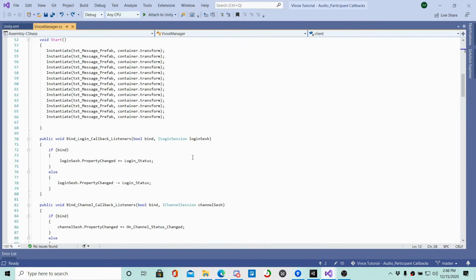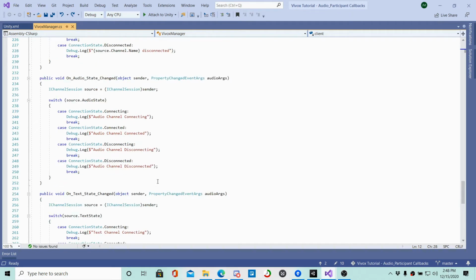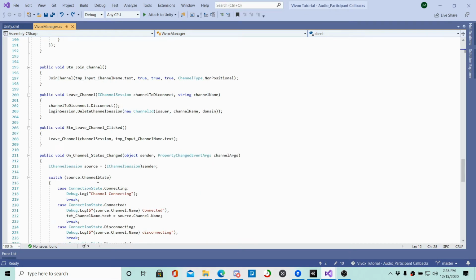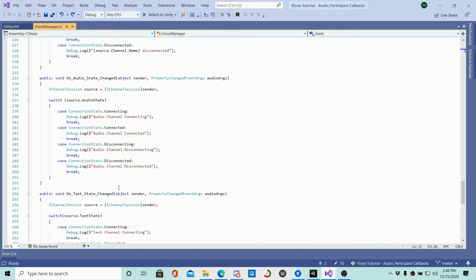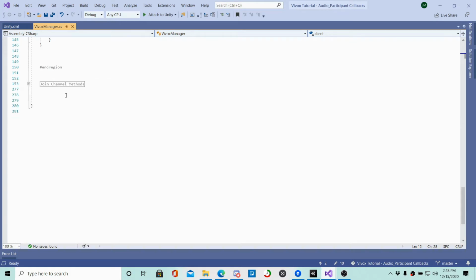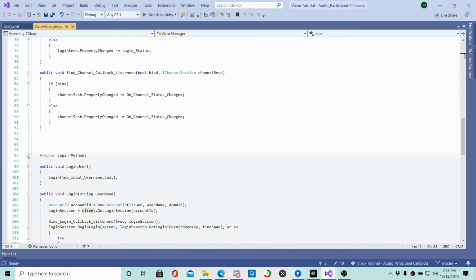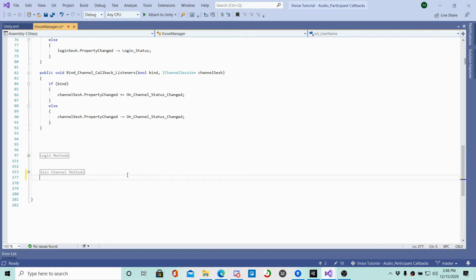So next, what we're going to focus on is adding participant callbacks. So I guess we'll create the methods first. So there's channel methods, join channel methods, and then we'll close out the login methods, and we'll press Control K S and then create a new region. This one is going to be user callbacks,